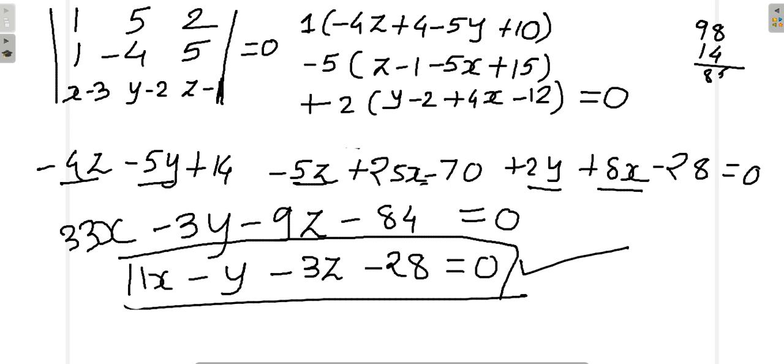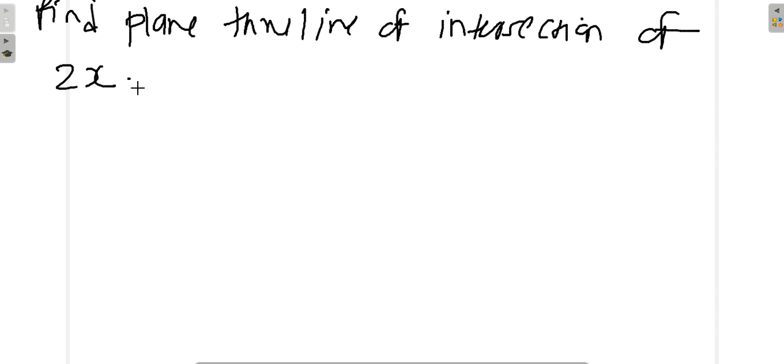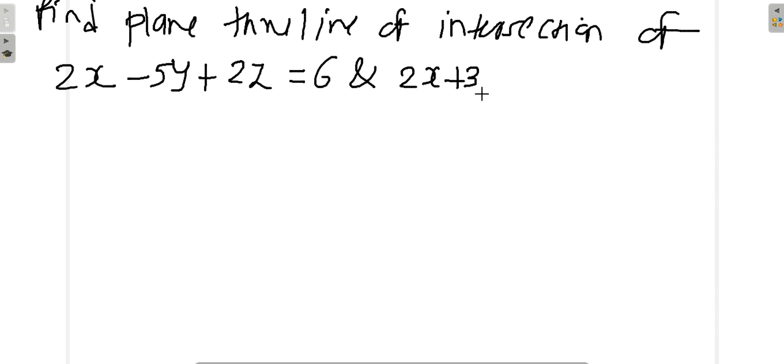Let us solve the next example. Find the equation of plane through line of intersection of two planes. They are given and parallel to